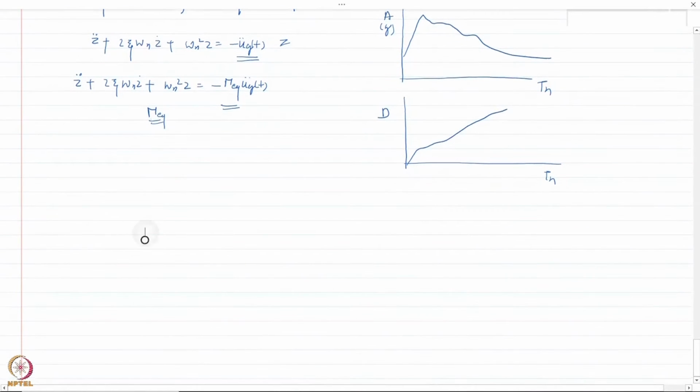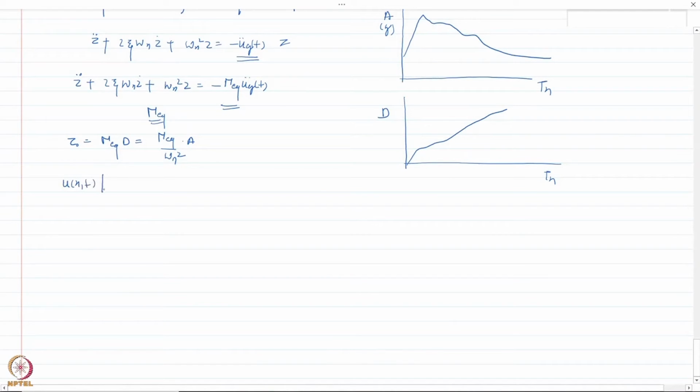So for this case, the peak generalized displacement can be written as Z naught equal to gamma equivalent times D, where D is the peak deformation. Okay, which can be further written as, if you write the D as the pseudo acceleration divided by omega n square, so this can be written as A divided by omega n square. Okay, now remember, once we have obtained the peak response, then I can get the peak value of the displacement as